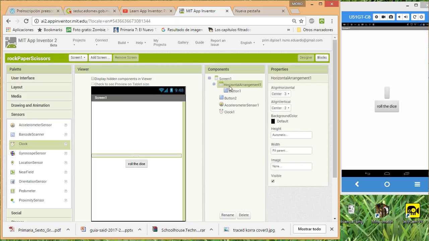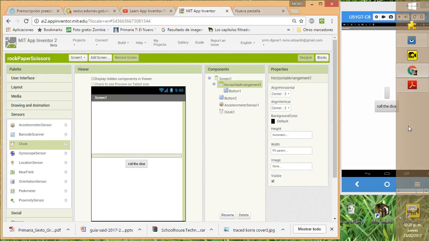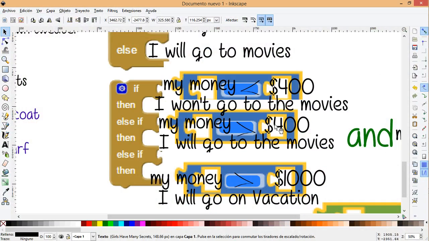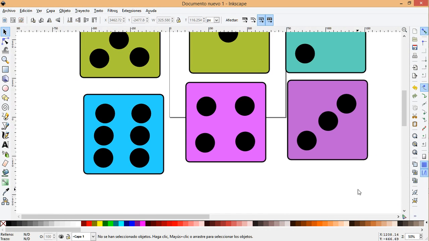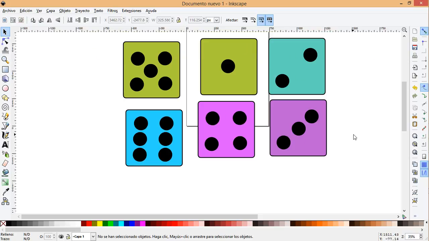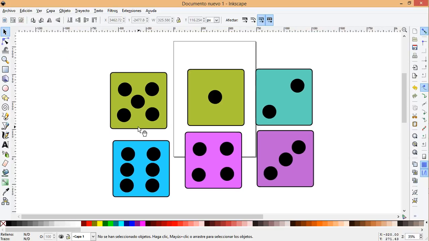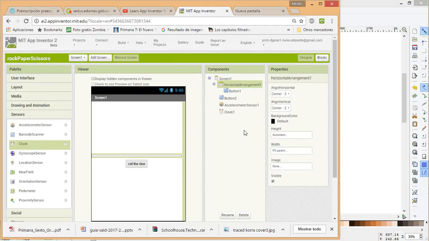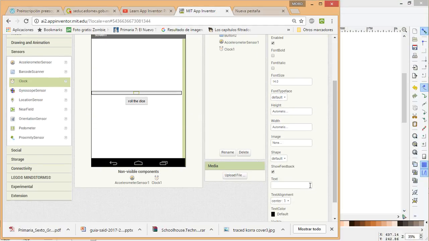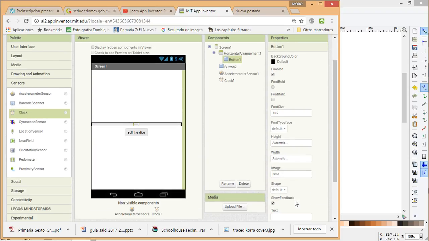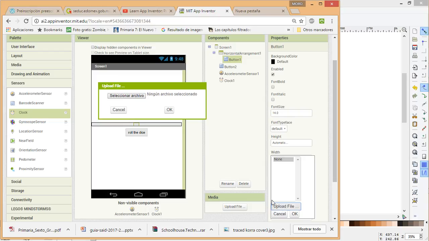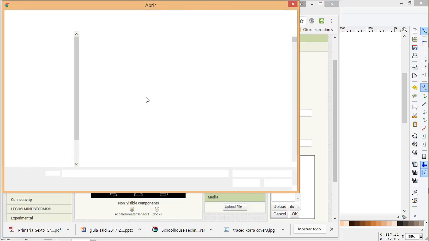Okay, well, now as I told you, we are going to make a very simple dice. So for that you need to create some graphics. I created just some simple graphics here in Inkscape and exported them as PNGs. Okay, so we're going to use these simple images. For the button it will be like the image. Let's upload the file